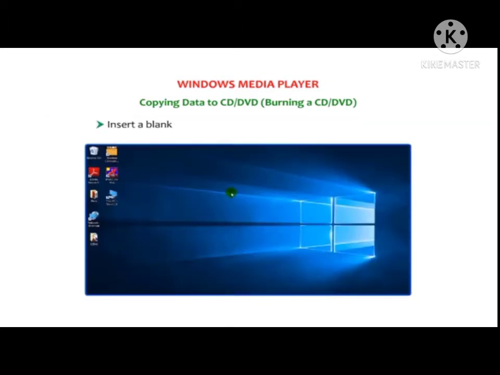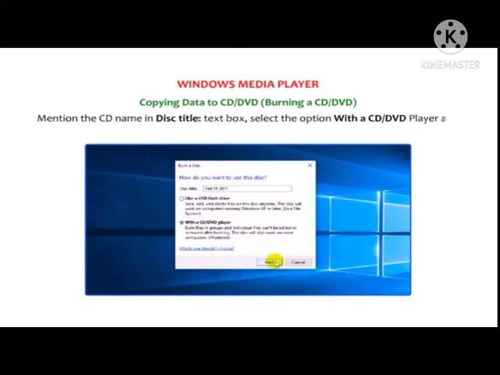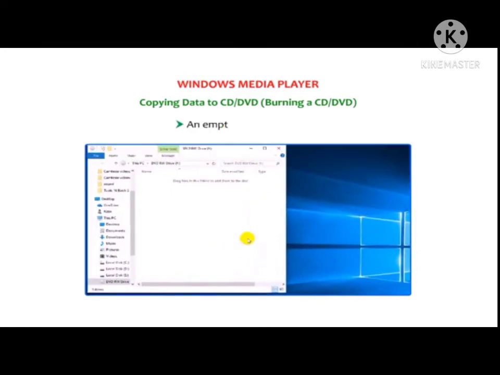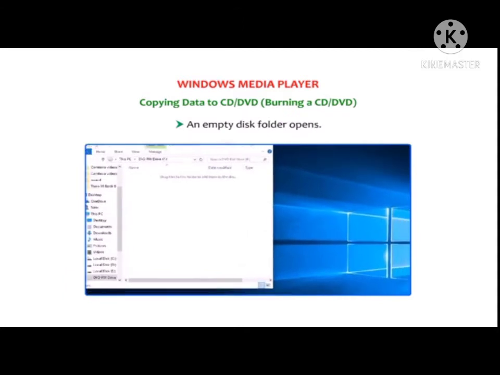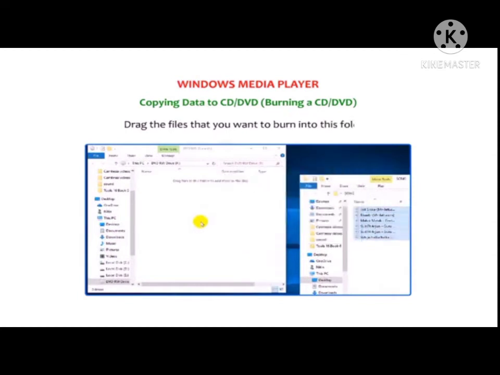Insert a blank CD or DVD in the CD or DVD drive of your computer. After that, the Burn a Disc dialog box appears. Mention the CD name in the disc title text box, select the option With a CD/DVD player, and click on Next. An empty disc folder opens. Now drag the files that you want to burn into the folder